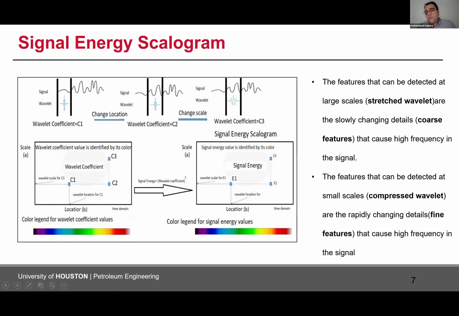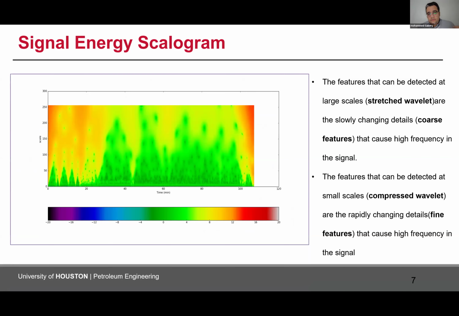But we can convert it, for better visualization and better interpretation, to a signal energy. Signal energy is the square of the coefficient, so we can get a better version of the magnified signal that we analyze using the signal energy scalogram. So the 1D signal is converted to a signal energy scalogram that has all the data,